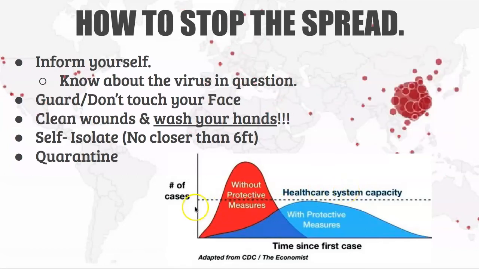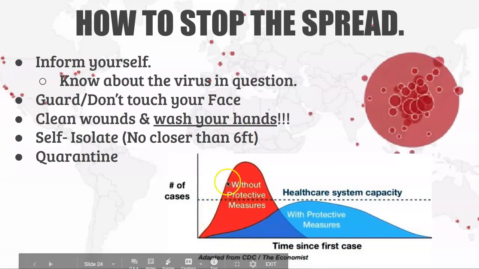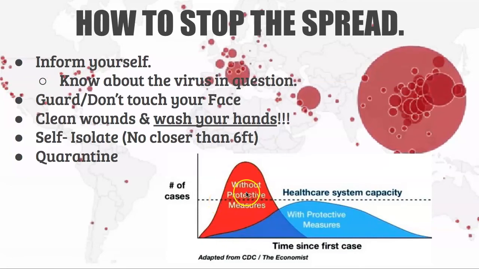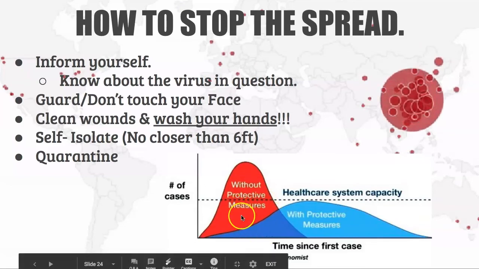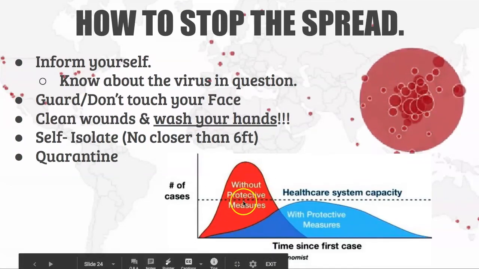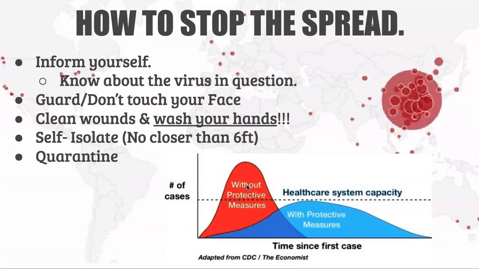In other words, at this point, if we were to go past this point of number of people sick, we don't have enough doctors, we don't have enough staff, we don't have enough hospitals to help these people. And so while all these people under the line are getting help, that would mean that all of these people above the line can't get help and would most likely die from the virus. That's why we do quarantine. That's why we do this